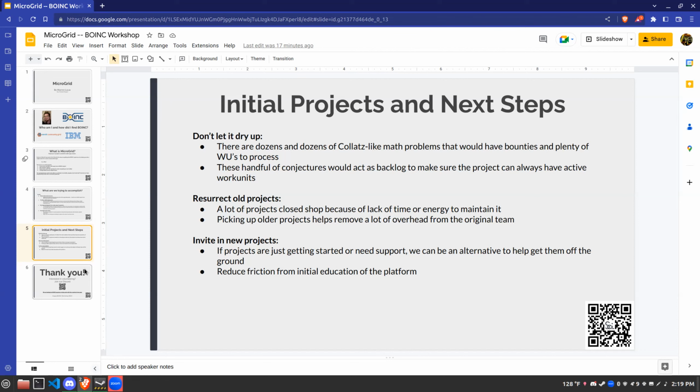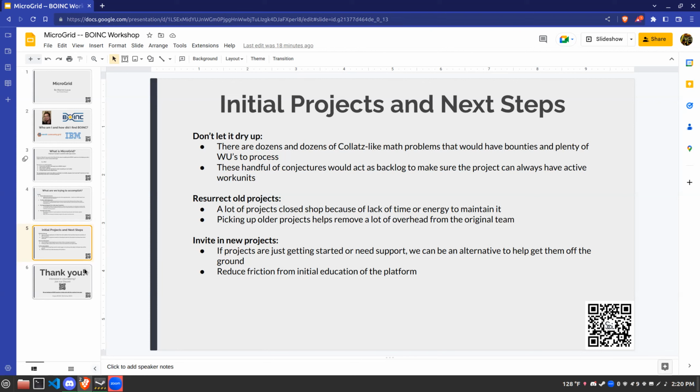And then the last thing, obviously, is inviting new projects. Again, starting a new project means you have to build a following of people who want to process it. So we go and build that for them and say, come here, we already have people willing to process it. They already understand that they're going to get anything from math problems to cancer research to science, space, and asteroids, anywhere in between. They accept that. So you don't have to worry about the person who says, I only want to do biology. We've built up a following that says, this is for small-time researchers. They want to help small-time researchers. That's what they're going for.